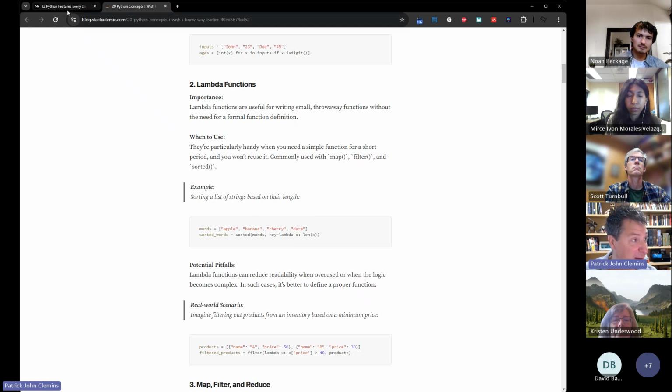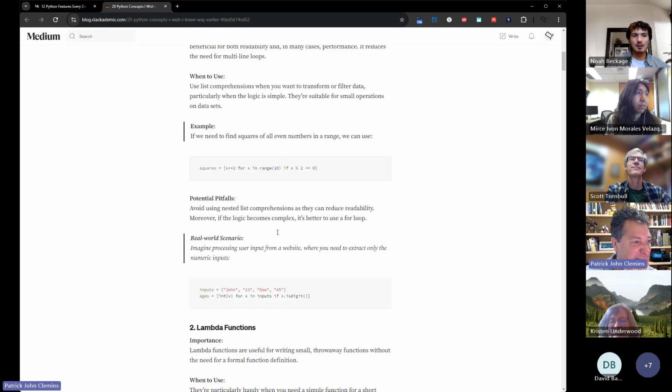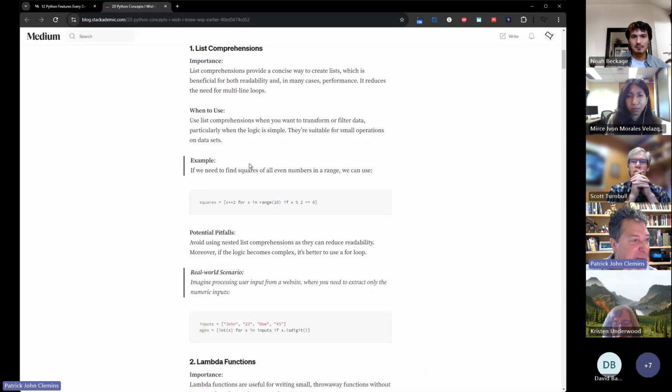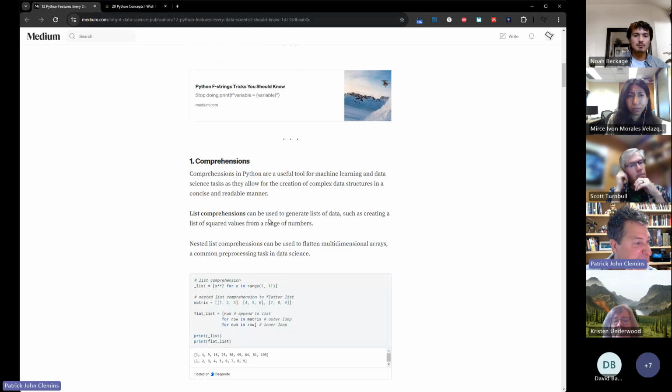And then the last one that I wanted to point out that I use all the time, much to Scott's chagrin, is list comprehension. I freaking love list comprehension. And I like it because you can do a lot of stuff in a single line of code and it's really, really concise. So this article talks about list comprehensions, but this one actually goes into the fact that